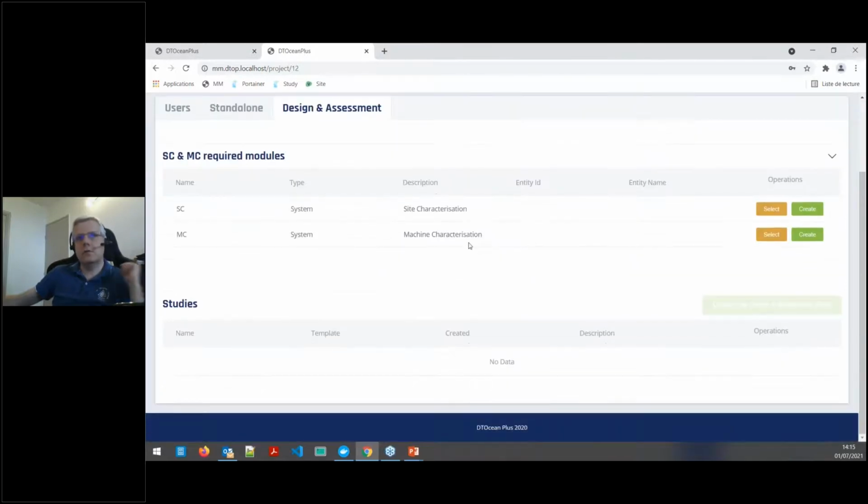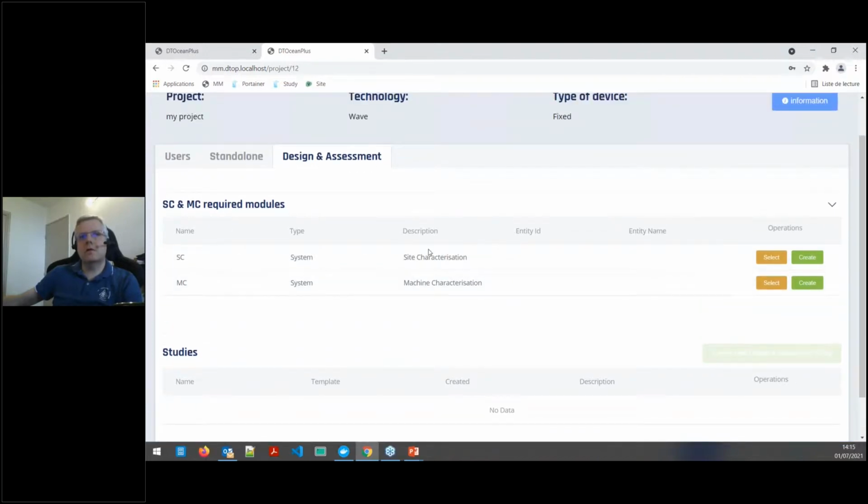So first, you will need to select the first two tools, which are site and machine. You can select an existing site if you already characterized a site for another project, for example, same for machine. So you can either select an existing one or create a new one.